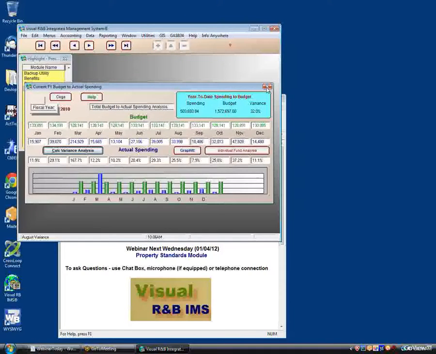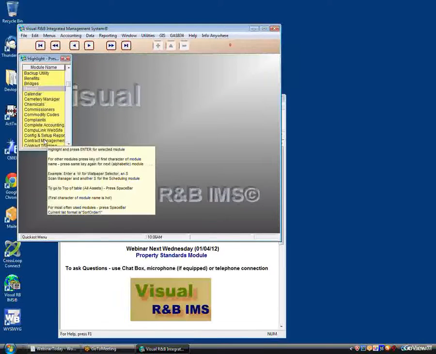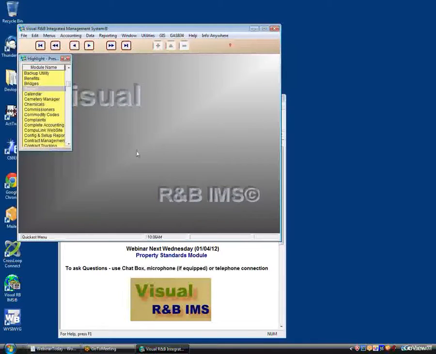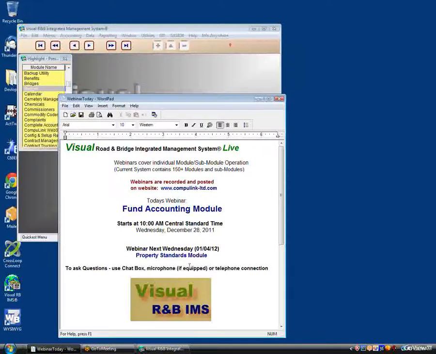And that pretty much covers it. You can export data from Fund Accounting out to a spreadsheet or PDF or HTML file anytime you want to. Next week we'll be looking at the property standards module. That module keeps track of these property standards set up and any variances with